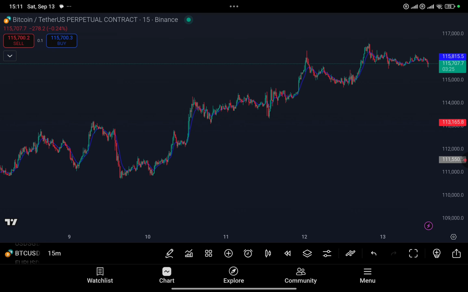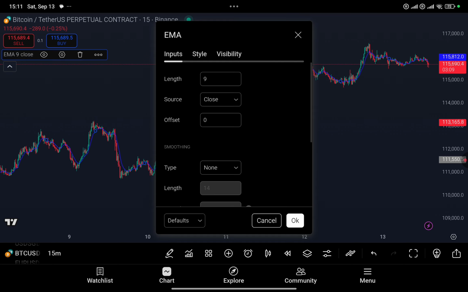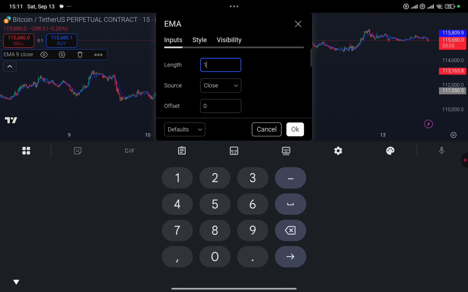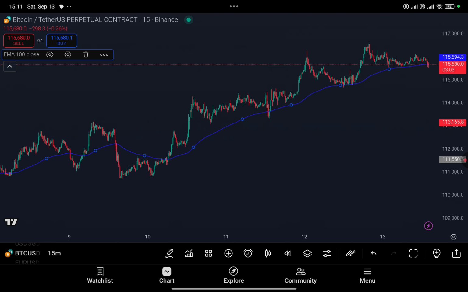And what to do right here is very simple. Now it depends on your trading time frame, whether you're a day trader, a scalper, or a long-term trader, whatever, anyone you trade is cool, right? But this is currently a 15 minutes time frame. I want to show you exactly how this is going to look with this particular simple setting I'm about to put right now. So all you have to do, go to the settings, go to the length over here, and change this length from 9 to 100. Now once you click on this, you can see over here, it gives us a perfect